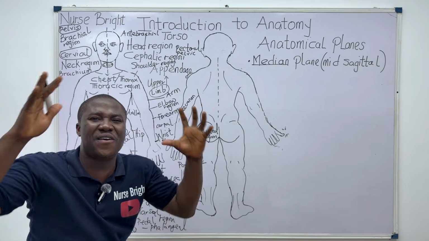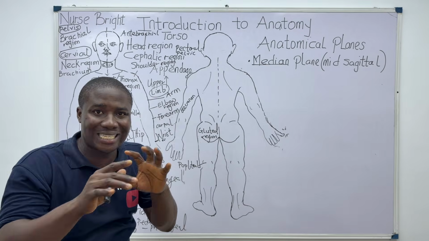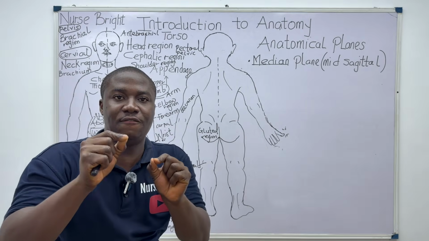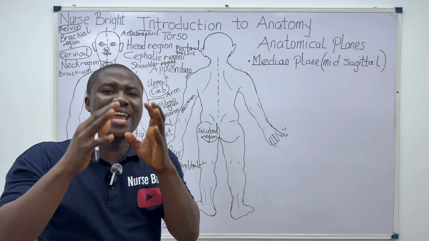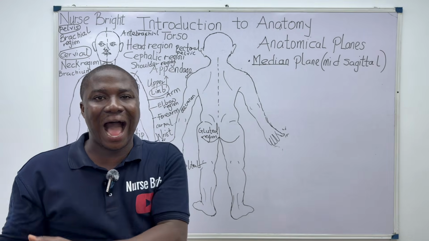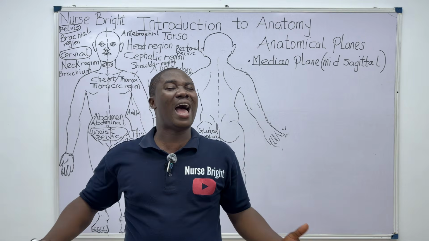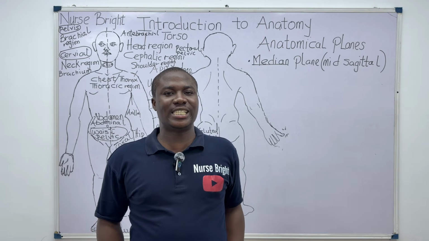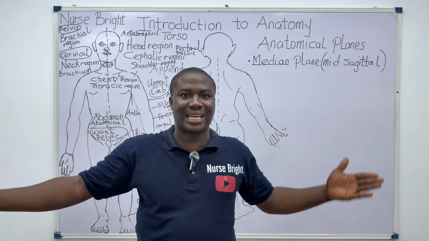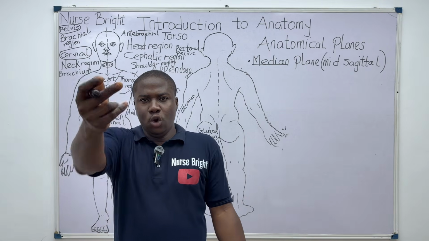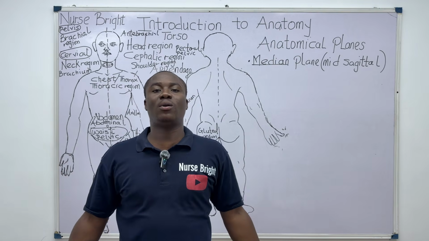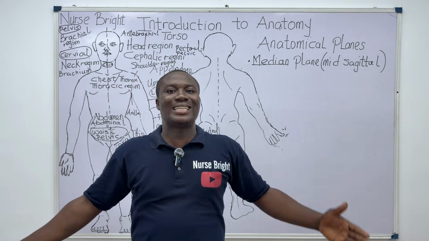It is what? A vertical plane that passes through the exact center of the body, dividing the body into two equal right and left halves. Listen, when you stand anatomically, this is your left, while this is your right. Hope you are aware now. This is my right and this is my left anatomically. You looking at me now, this is my right while this is my left. Well, if you are looking at me, but we always stand anatomically. This is my right and this is my left, all right?